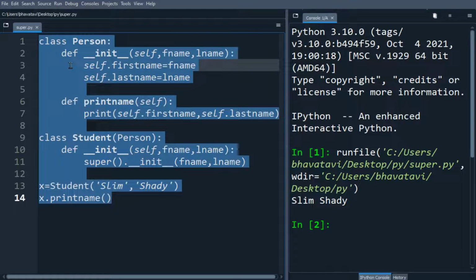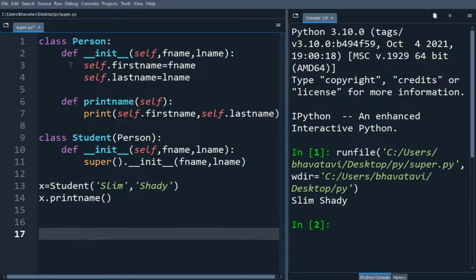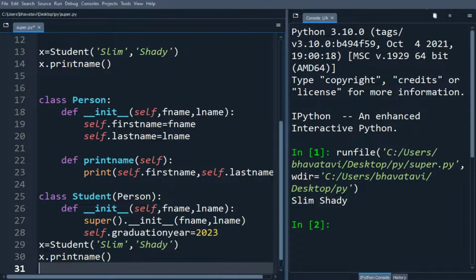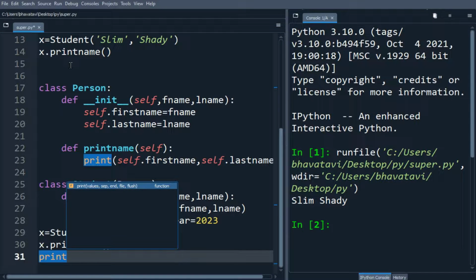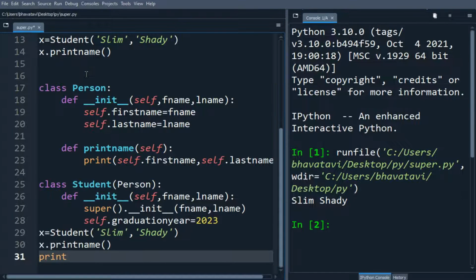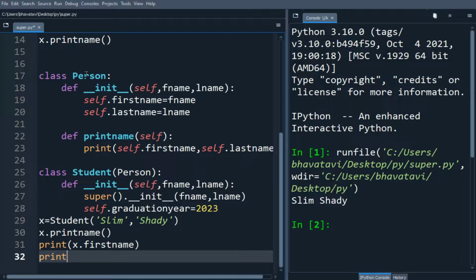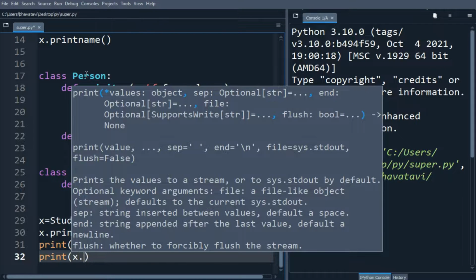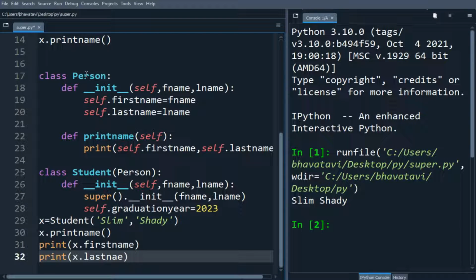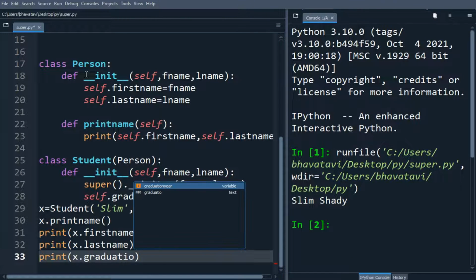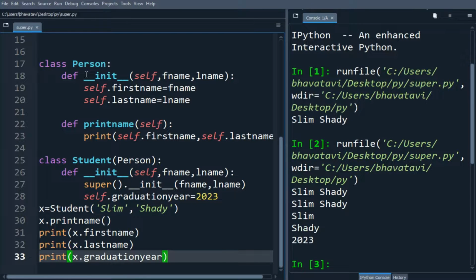So let me copy this code and we'll add a new property here. So let me put a new property as self.graduation_year. So let us put it 2023, and here we'll make print, and then let's change here. Let's print the first name and last name, x.first_name, and let's print the last name, x.last_name, and then we'll put the graduation year also. Let's print x.graduation_year. So let's run it. So you can see it has printed the first name, last name as well as the